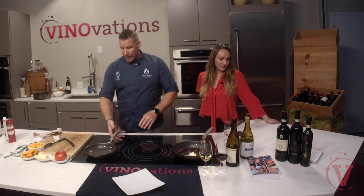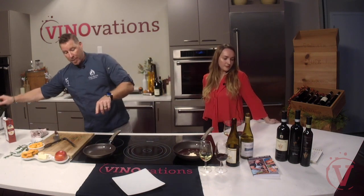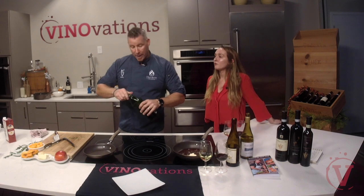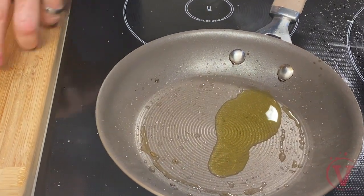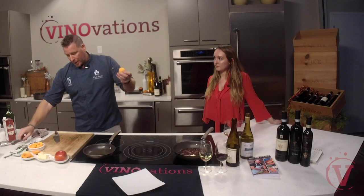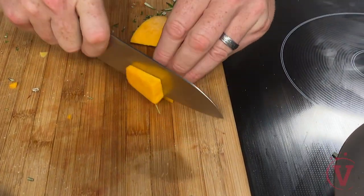Excellent. Okay? And then our little vegetable that we're making today, because it's getting cold, butternut squash is a perfect thing to pair with this. So I have some chunks of butternut squash, which I've already peeled and de-seeded, and we're just going to kind of cube it up